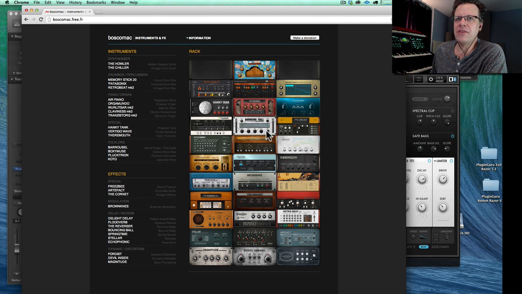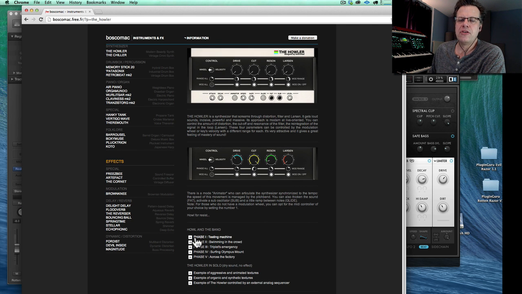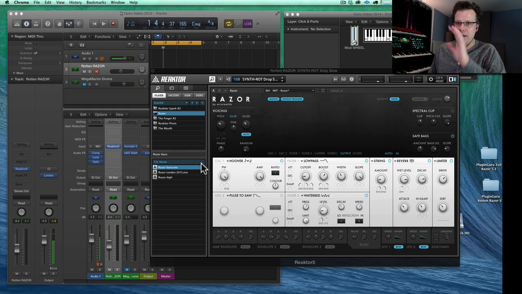He has all of these ensembles, and you can click on these and take a listen. The Howler is really cool. The Chiller, he goes through and talks about everything. You can hear audio demos of everything. It's really, really well designed for free ensembles, basically. But again, if you use them, please pay for them. So if you put them into your documents,